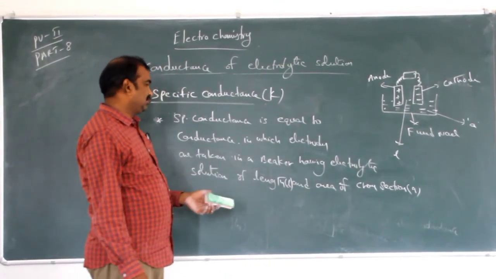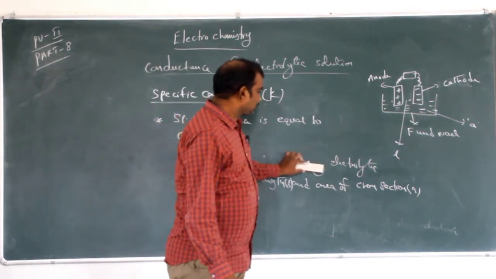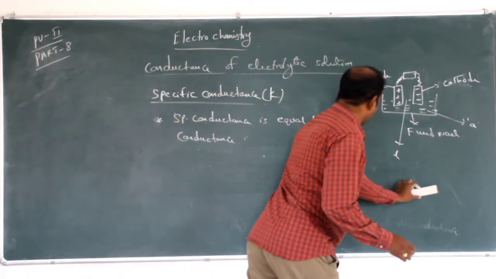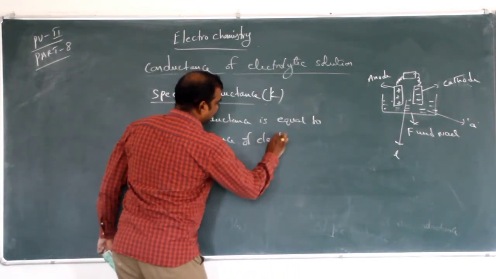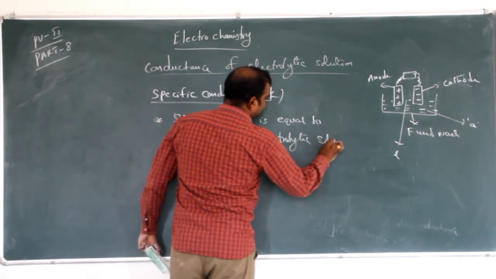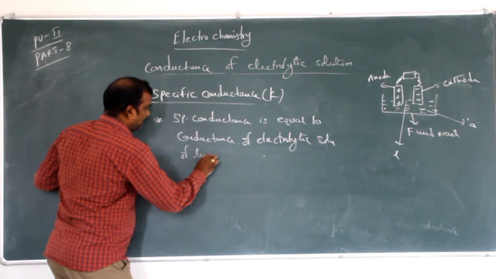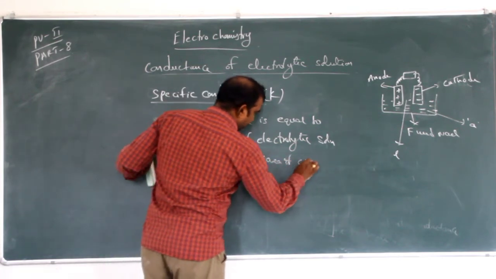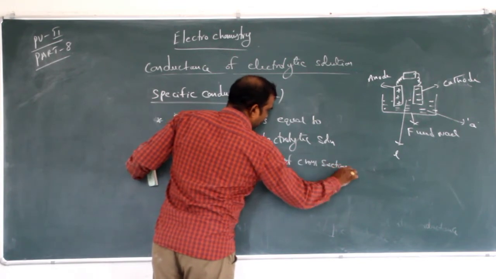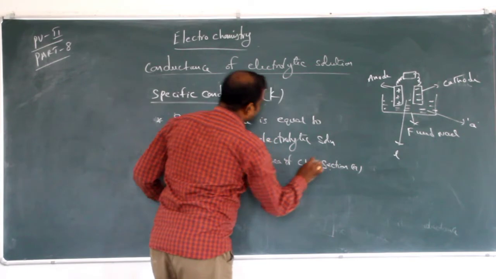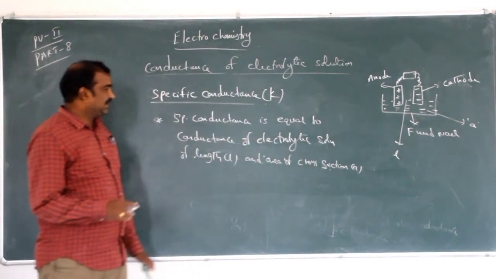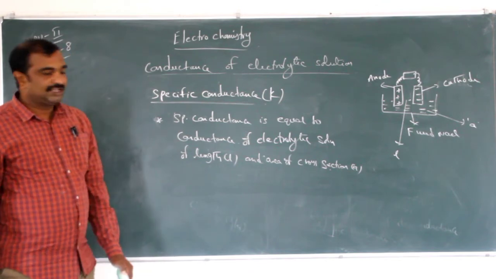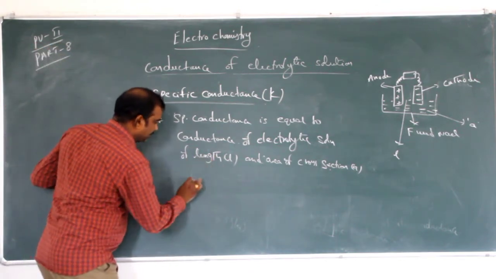Specific conductance is the conductance of the electrolytic solution of length L, the length between the two electrodes, and area of cross section A. So now specific conductance K is equal to